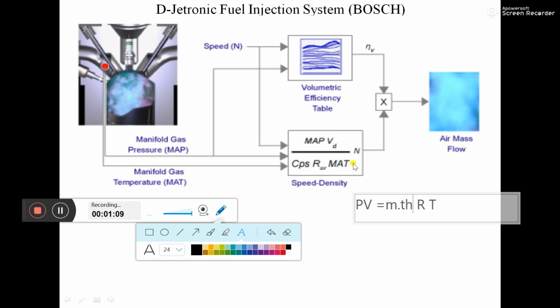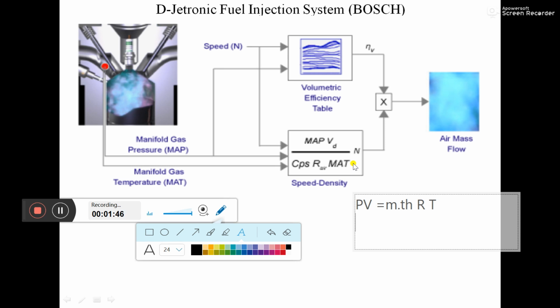Now we first have to calculate the theoretical mass, because without calculating the theoretical mass we can't judge the exact quantity, or what is the actual mass injected at that particular rpm, with respect to the engine speed. So we also have to take the effect of engine speed. First of all we will calculate the mass of air, that is the theoretical mass of air inducted into the system per power cycle.